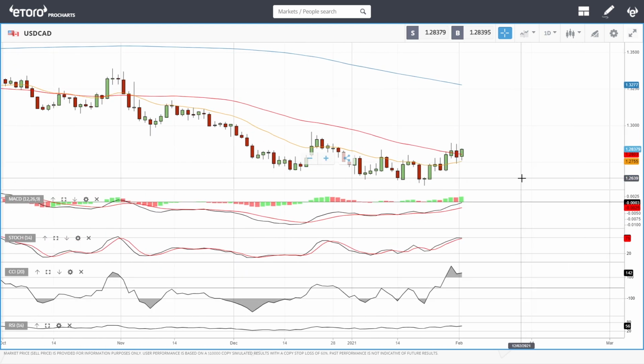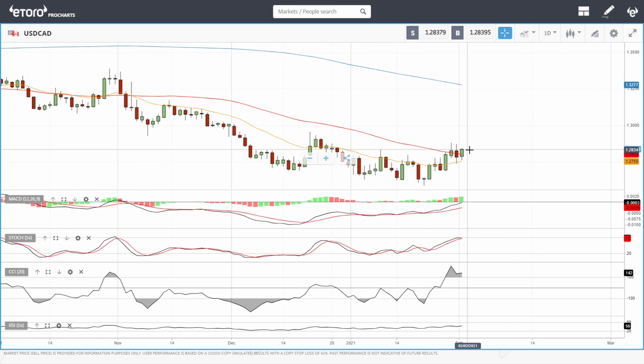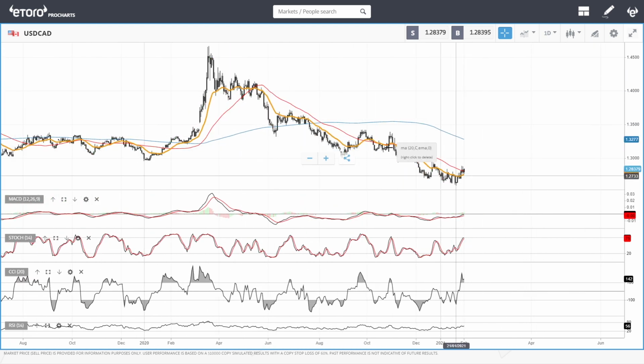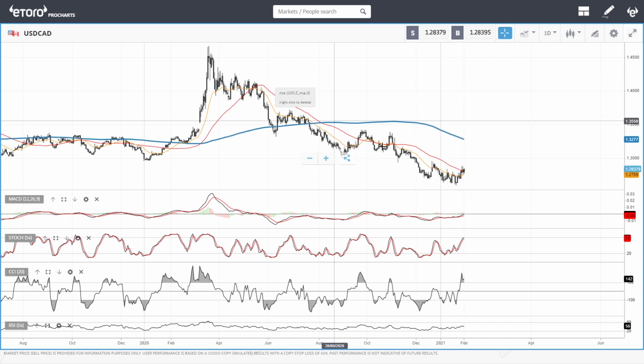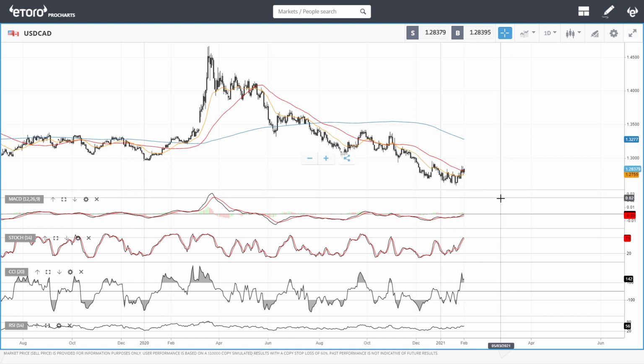And so we have had these occasional rallies in the US dollar that affect this currency pair and other currency pairs. But at the moment, it's just a matter of waiting to see where this basically goes. If we go all the way up to 1.3 and then turn around from here, then that is a massive selling opportunity. We are still in a downtrend, so this is quite a big rally, but we are still in the downtrend. So the long-term perspective for this currency pair is that we are going to depreciate over time.